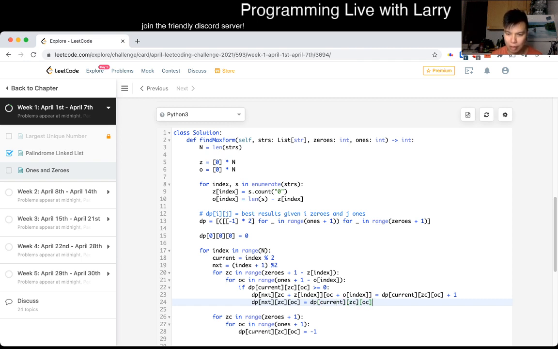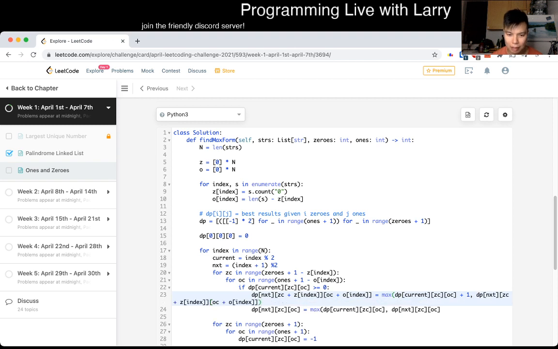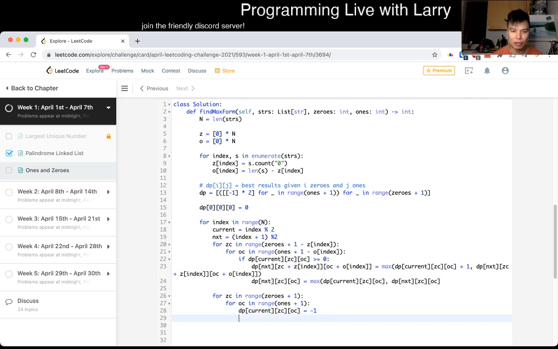And also I messed up here, because we should take the max, right? It's not a given that we would do this. Okay, and then now we clear it out, and at the very end we should be able to get the max. So by going through